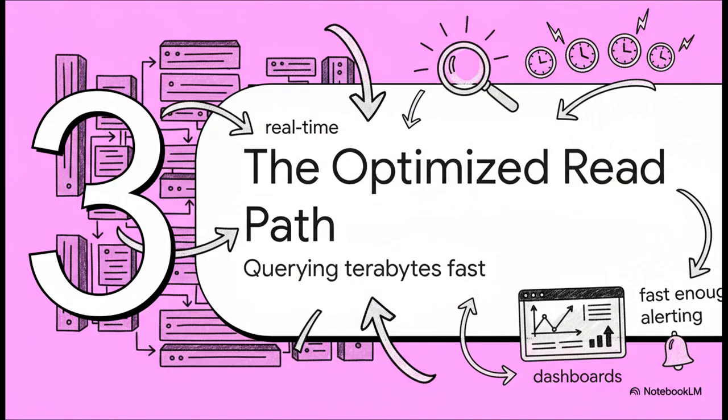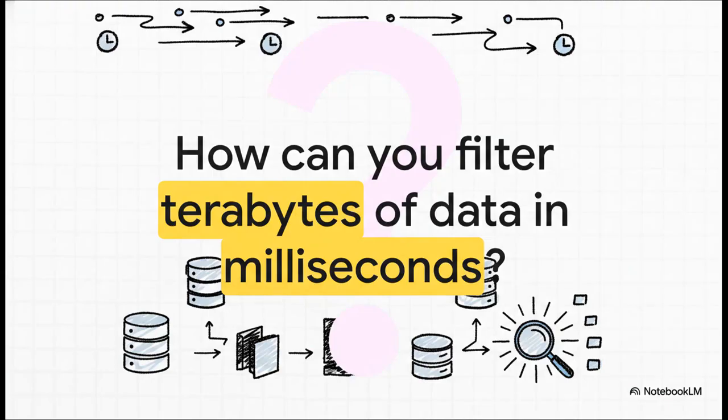So we've stored our data super efficiently. That's half the battle. But now we've got to find it again. How do you query terabytes of this stuff and get an answer back fast enough to power a real-time dashboard? Right, this is the million-dollar question for any time series database. You can't just scan all that data every time someone loads a graph. It would take forever. The answer, not surprisingly, comes from a clever indexing strategy, one that's a lot like how